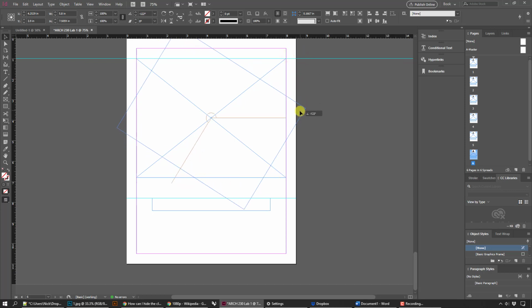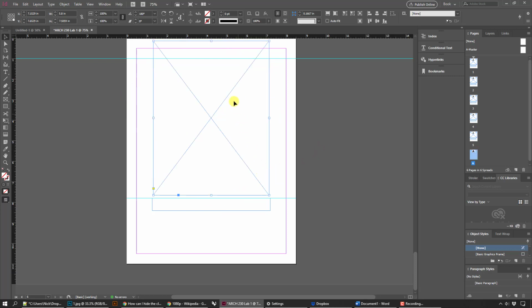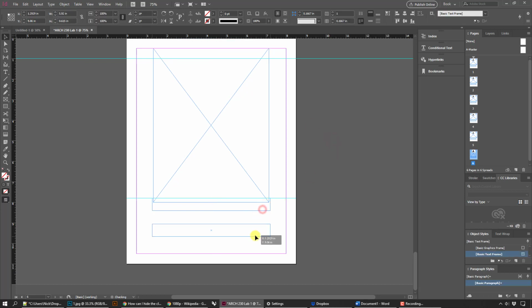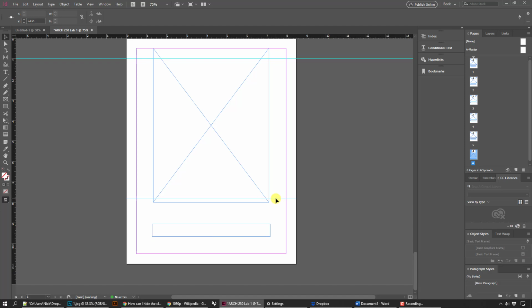So remember, how do we rotate something again so that it stays in 45 and 90 degrees? Think about that. Hold Shift. There we go. Okay, and now we can do two things. If you like that situation, you can go ahead and put the picture here, and then let's modify this. So we're going to snap this here, and then